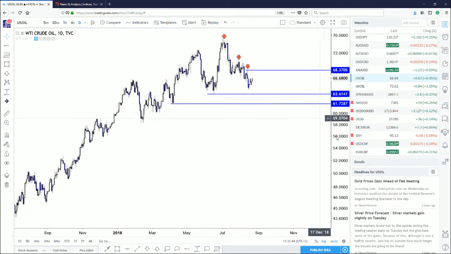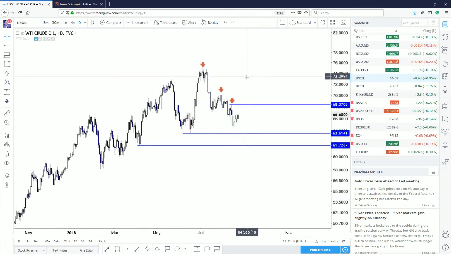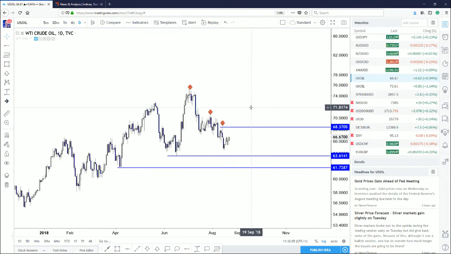Finally, this is West Texas crude oil. Market prices are trading a bit choppy here. Take out 68.37. We could potentially have concluded this downtrend, and the big picture uptrend would potentially have resumed. Nothing I'm super excited about right now, and nothing I'm really focusing on trading right now. I'm just observing and looking at the markets, but we're not having too much in the energy sector right now. Again, stock markets to the upside, crude energy prices probably trading sideways.